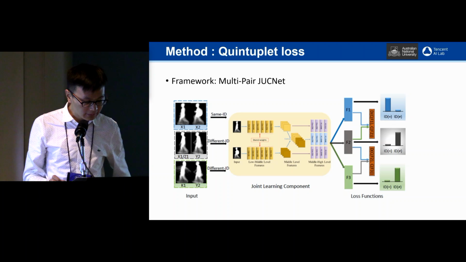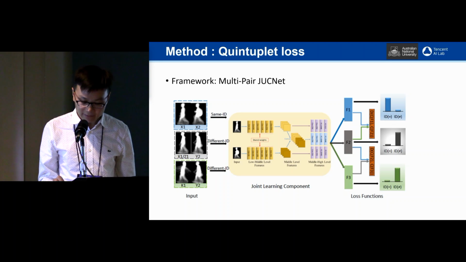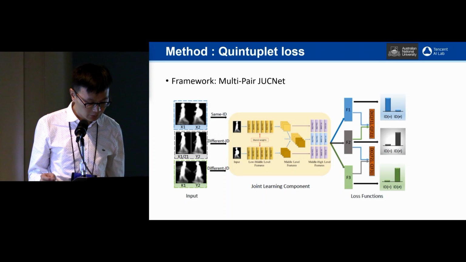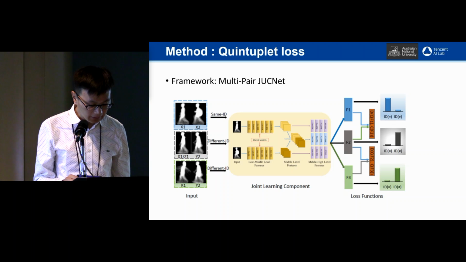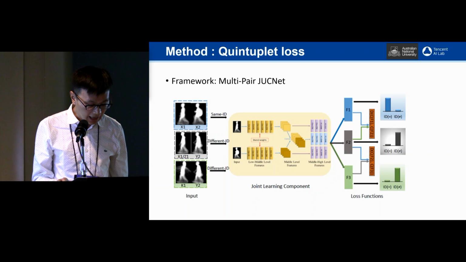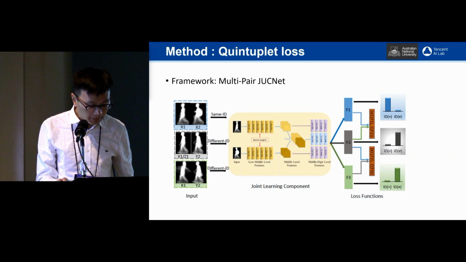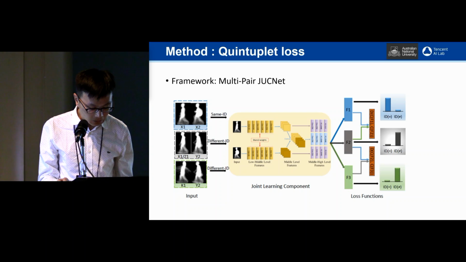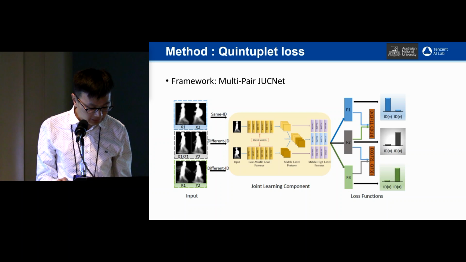Based on the loss function, we extend the basic GUC-net to multi-pair GUC-net, which serves as the final framework during training. As the figure shows, a pair of gaits can be combined as a whole, with the label of the same ID or different ID. 3 pairs of gaits are input to extract features. 2 pairs of gaits are from different subjects, while 1 pair of gaits is from an identical subject.